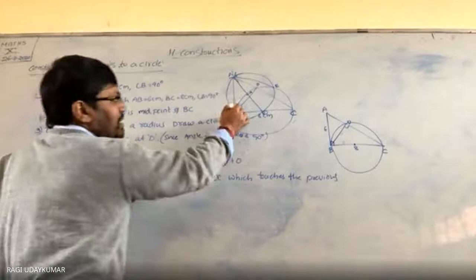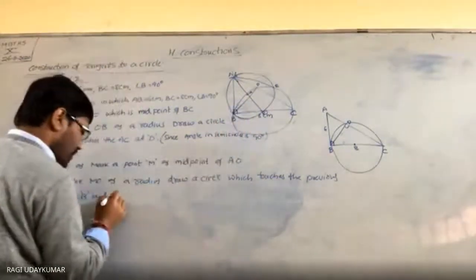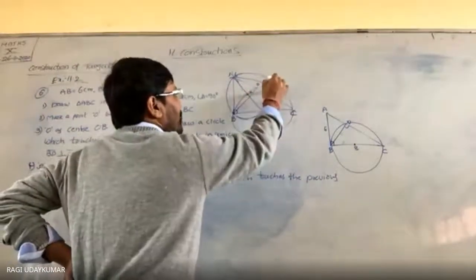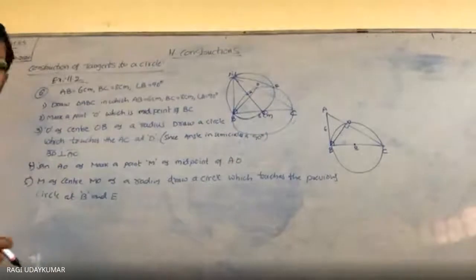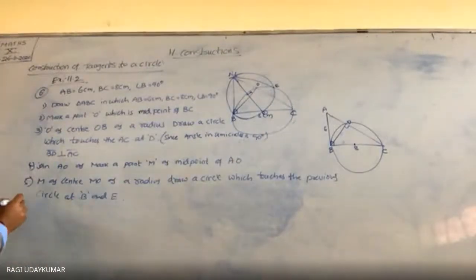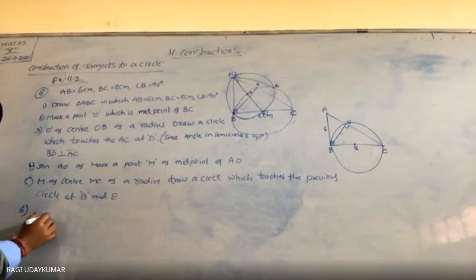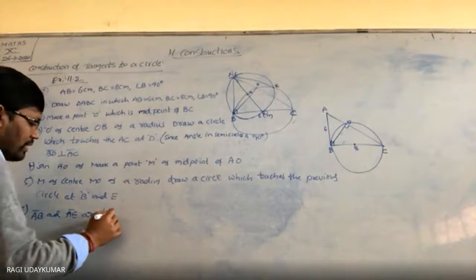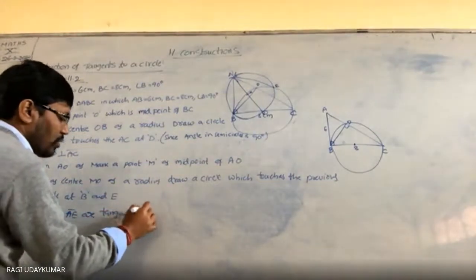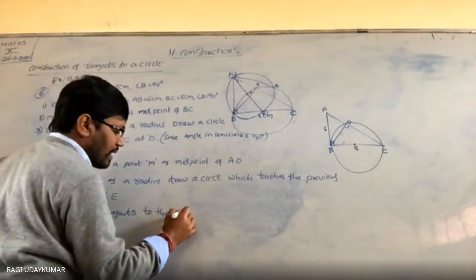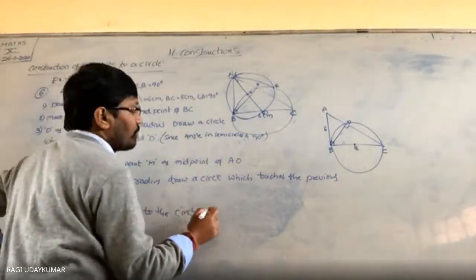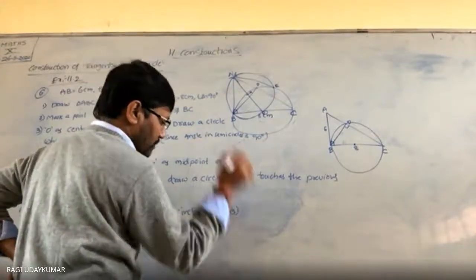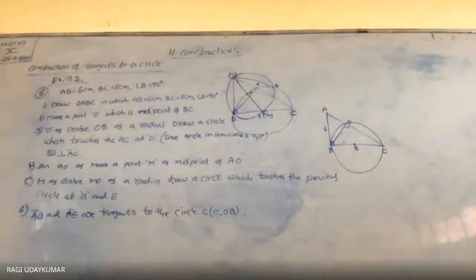एक तो B में टच कंपल्सरी करेगा एंड E. ये सर्किल पुराना सर्किल को एक B point में टच करते हैं, एक एक्स्ट्रा पॉइंट E I am taking into consideration. So therefore you can say that AB and AE are tangents to the circle with center C and O as the center, OB as the radius. That's all. Simple है ना?